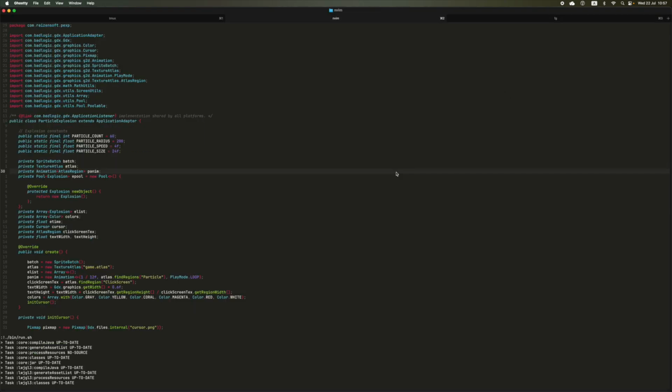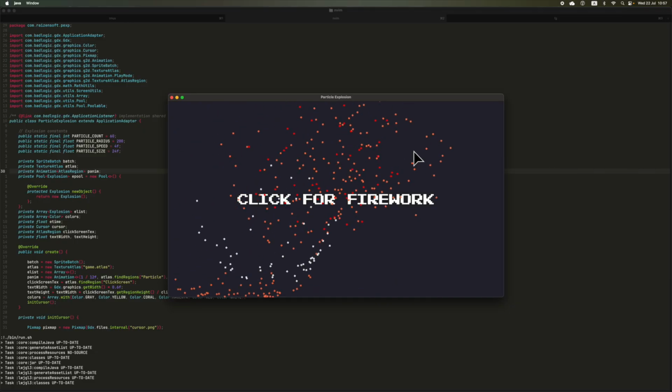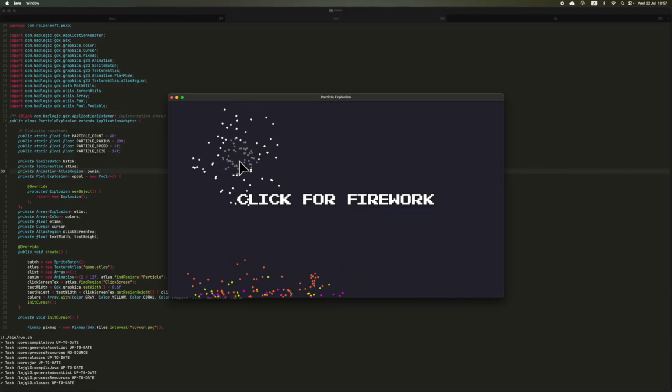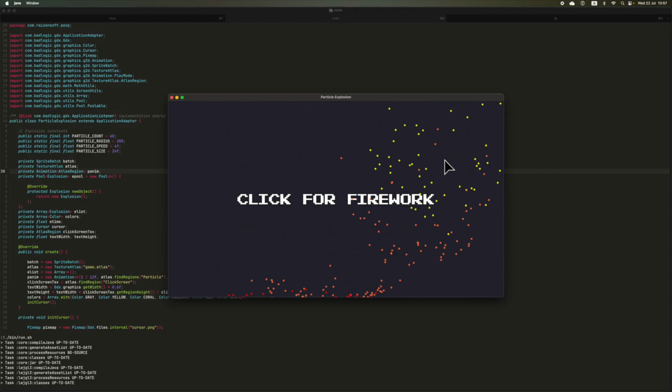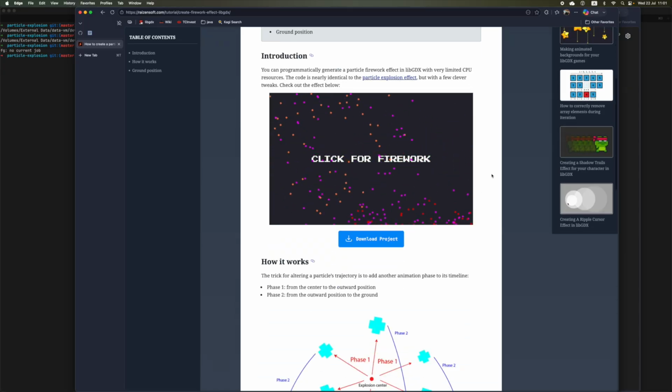You can even develop a firework effect on top of this by implementing logic to pull the particles down after some conditions. Check out this tutorial on my website on how to further extend the effect so it becomes a